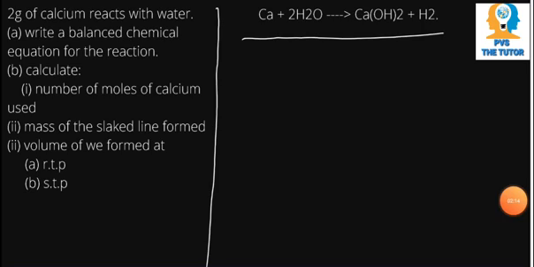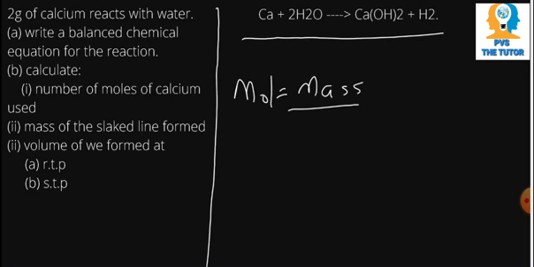Now, since we have a balanced chemical equation, we can now go on and find the number of moles of calcium used. That's B1. Calculate the number of moles of calcium used. We know that moles is equal to mass over molar mass,